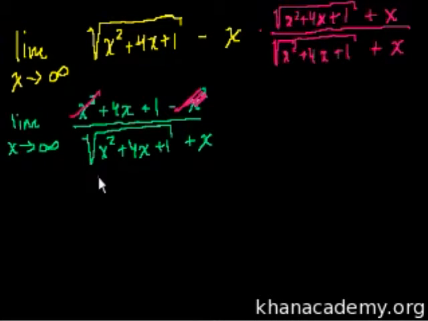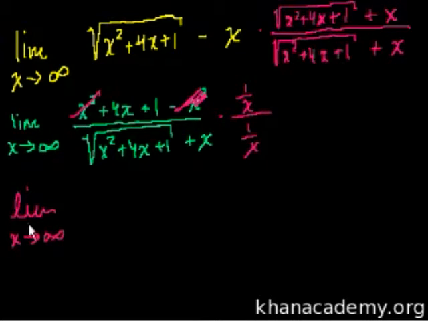And remember, anything you do to the numerator, you have to do to the denominator. Otherwise, you're changing the value. So times 1 over x over 1 over x. I'm just dividing the numerator and the denominator by x. So this is equal to the limit as x approaches infinity. That's going to be 4 plus 1 over x